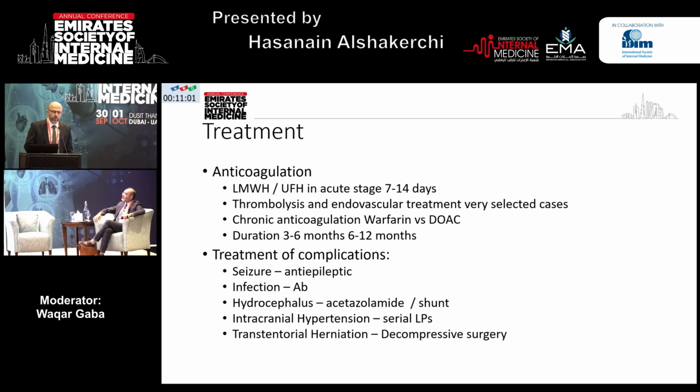Duration of anticoagulation for CVTs: although there are not a lot of large studies, most guidelines tend to recommend 3 to 6 months when there is a provoking factor. When there is no provoking factor, it tends to be between 6 to 12 months, and only in selected cases will it be long term, and I'll talk about that at a later stage.